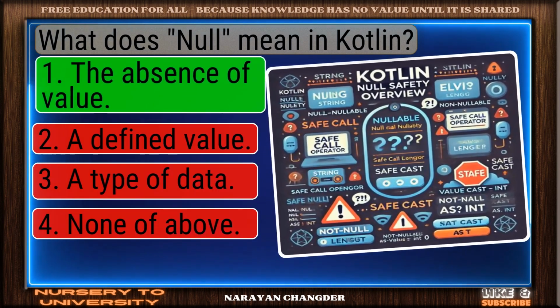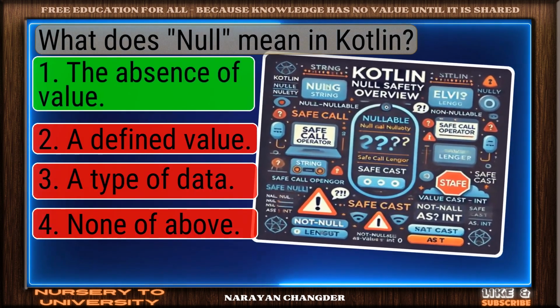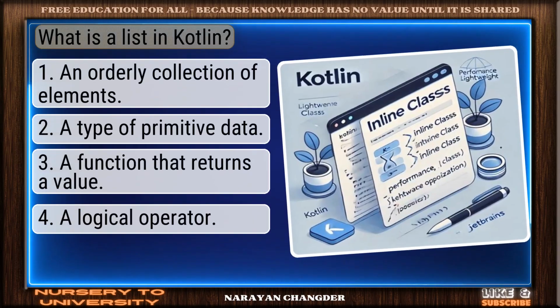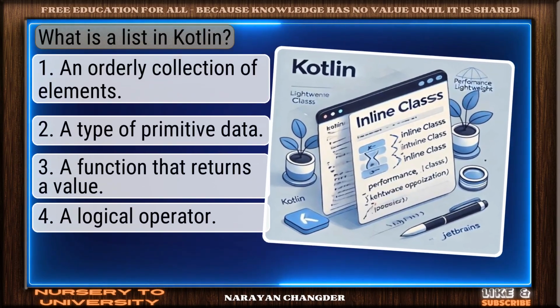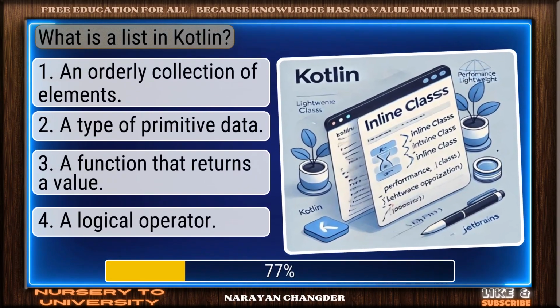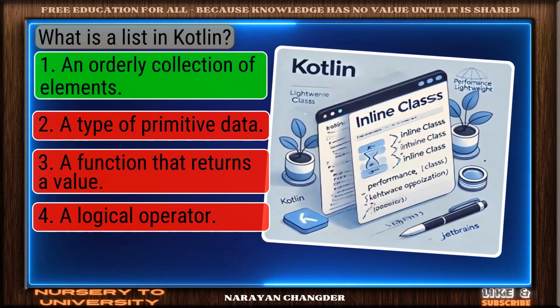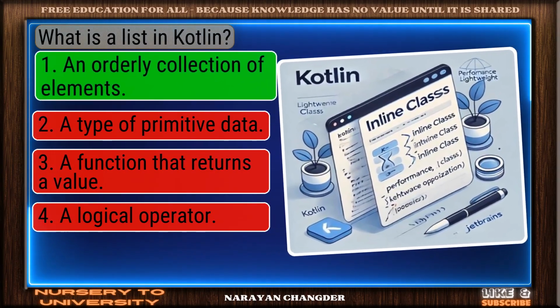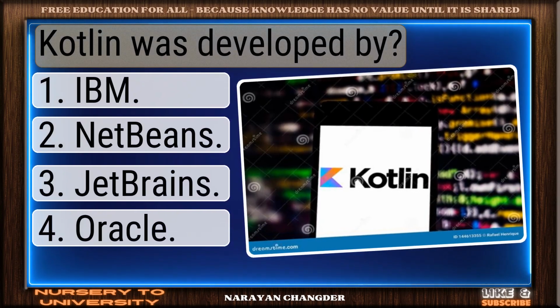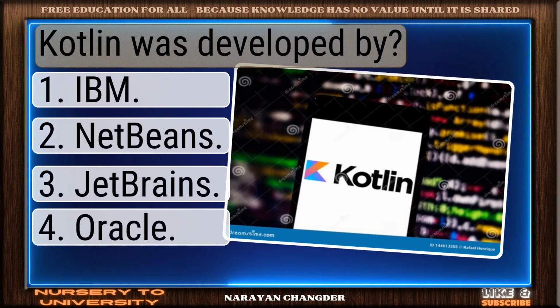You got it. Your choice, the absence of value, is right. Question number 77. What is a list in Kotlin? Well picked. An ordered collection of elements is the correct answer. Question number 78. Kotlin was developed by